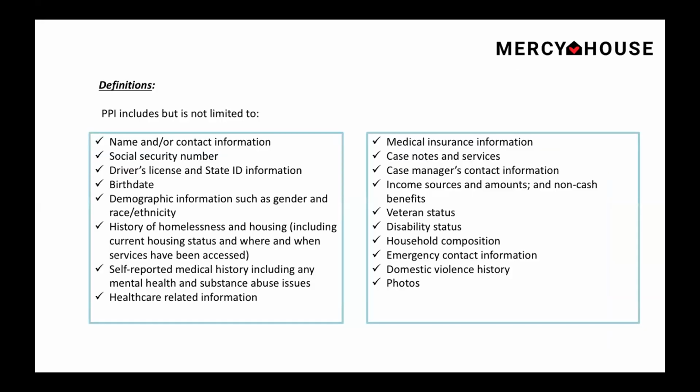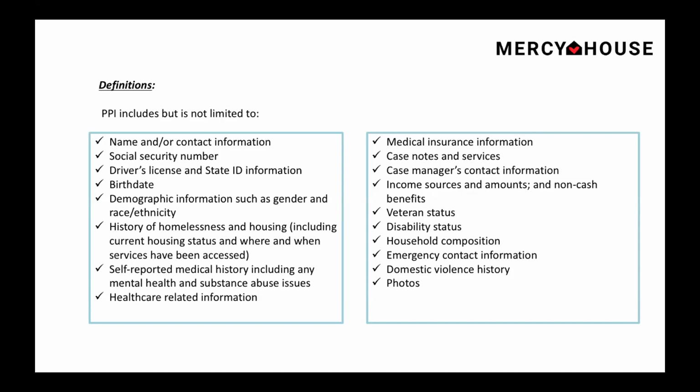And of course, PPI is a very broad category that covers a lot of topics and areas. For instance, disclosing that a client is chronically homeless, or disclosing something as simple as their birthday, is technically PPI when it is attached to a party in reference. So we always want to make sure that our staff are trained on all the definitions of PPI and everything that goes into making sure that that information is handled with discretion and confidentiality.